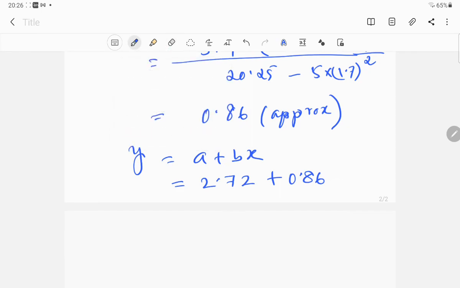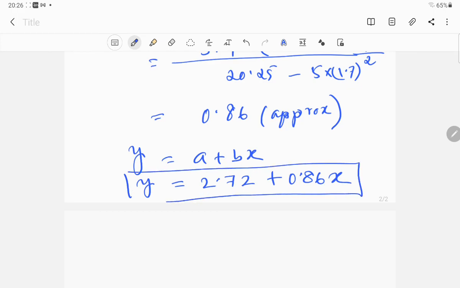So y equal to this is our equation for a straight line. Okay, so this is a sample problem that we have solved using straight line fitting with the least square method. Other sample problems I will provide further so that you can practice on your own. The notes for this particular problem have already been shared in the Google Classroom.